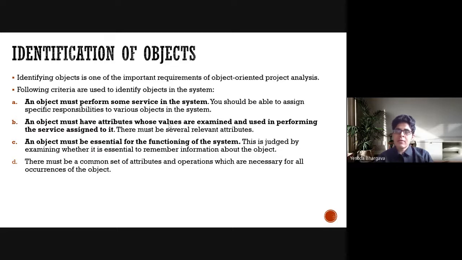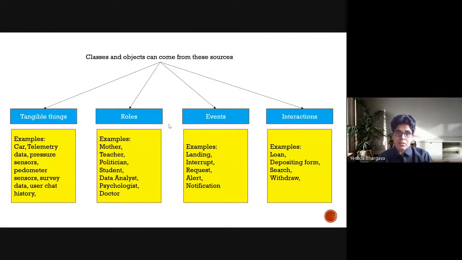And by this time, I'm sure that since you have worked on use case diagrams, context diagrams and first level DFDs, we will be exploring in detail. So by this time, hopefully you will have some inkling on how to identify the objects. So basically, how can you identify objects? Generally, when we talk about classes or objects, they can come from these sources that you can see on your screens.